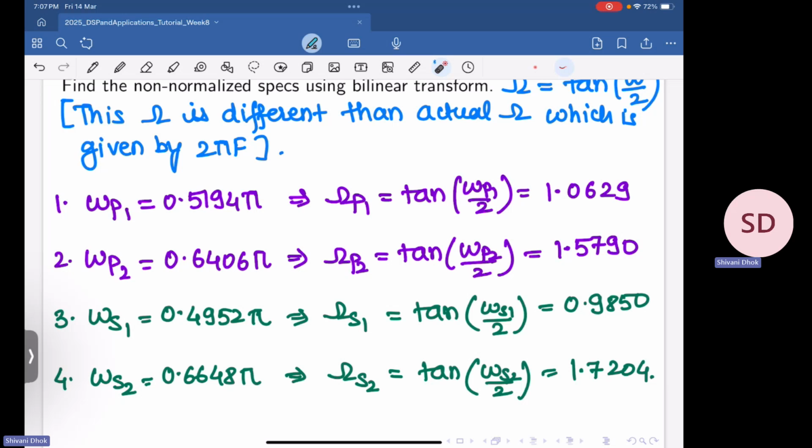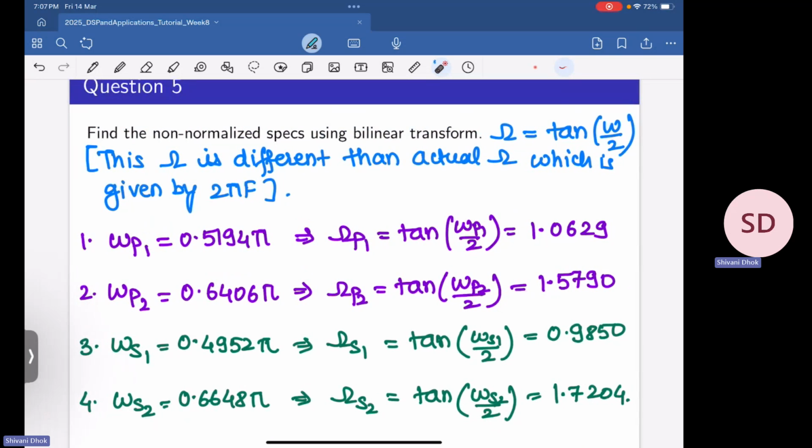So these are some small tricks that we can use to figure out if we are not making blunders. If this omega s2 comes out to be lower than this omega p2, there is a sure shot blunder in your calculations, because this can't happen. So you need to check carefully where you have made the mistake. These small things you can keep in mind, and use them when you are solving any questions. You can start devising your own tricks also in order to figure out whether there are any issues or calculation mistakes in what you are doing.